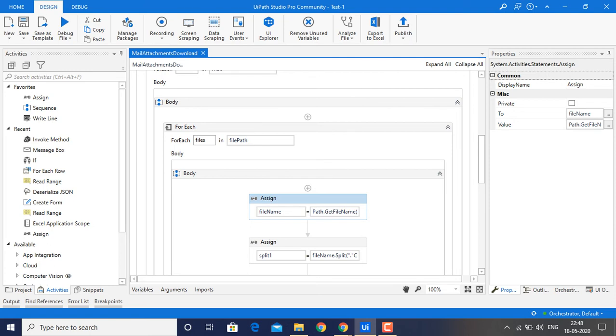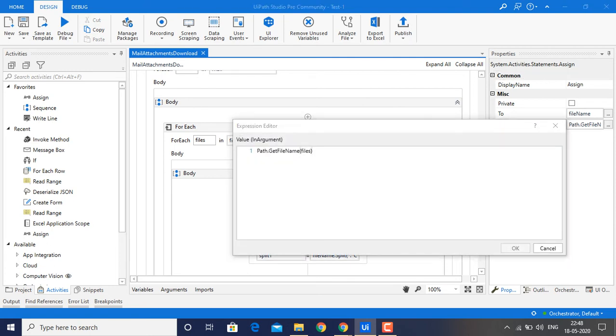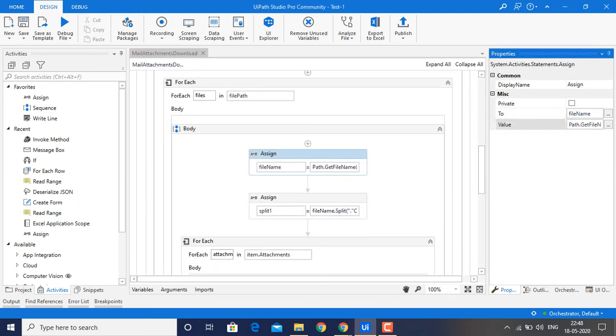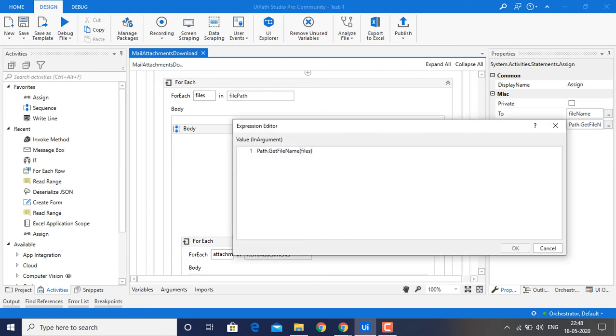Here I have mentioned Path.GetFiles. This is the one file path. From the file path we are going to get the file name. File name means I am splitting it, guys.